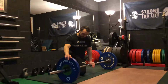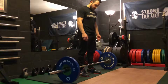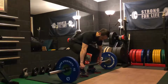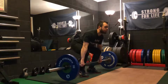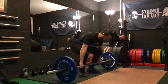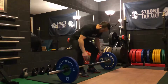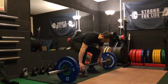So a couple of the errors. The first one that you see quite often is the weight shifting too far back onto the heels. So an example here. Start position can be set nice and solid through the feet, and then you'll see that the weight comes back. You can see my toes just coming up off the ground there. Quite a common one, especially if you've not got Olympic weightlifting shoes on as well. If you've got quite flat shoes, it's quite easy to come back too far onto the heels, and a consequence of that is...